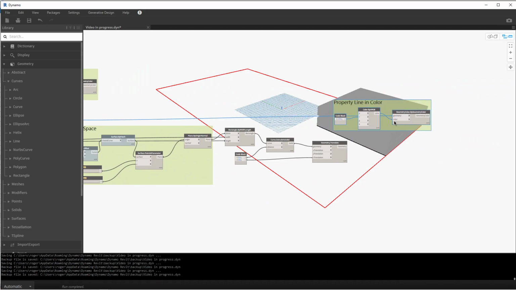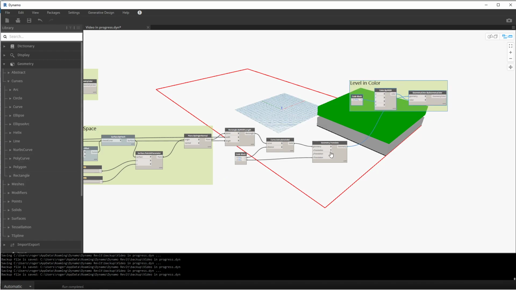And we'll feed our geometry in here. It happens to be red. We want another color, so let's just move this to green. And we'll call this level and color. All right, and obviously our first one isn't fed into that geometry, and we'll go through and we'll correct that